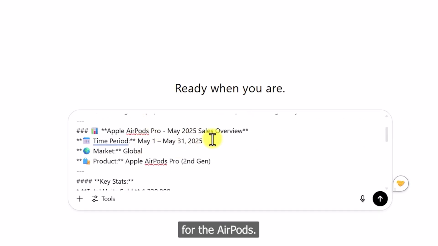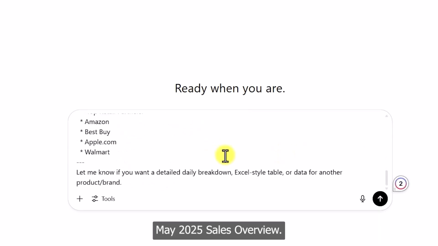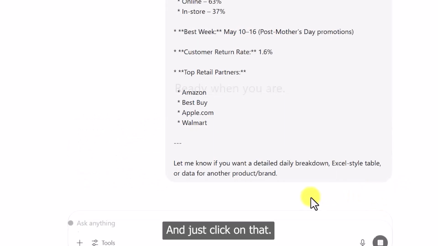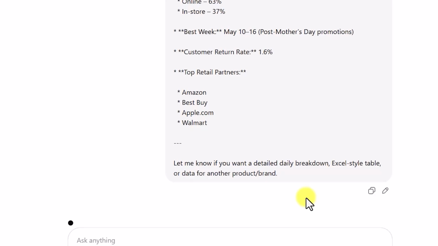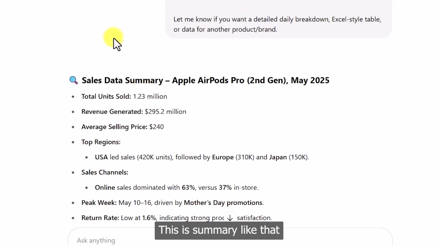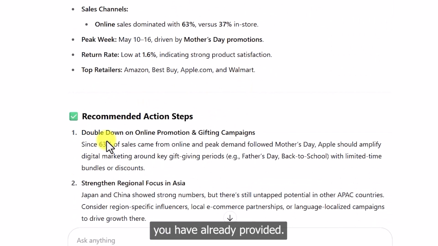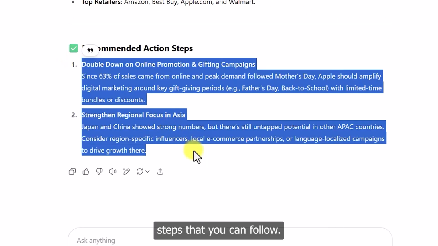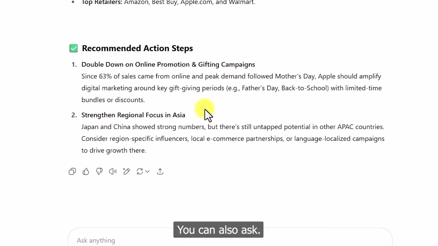For the AirPods May 2025 sales overview, and just click on that. This is summary like that you have already provided, and these 2 are the recommended action steps that you can follow. You can also ask